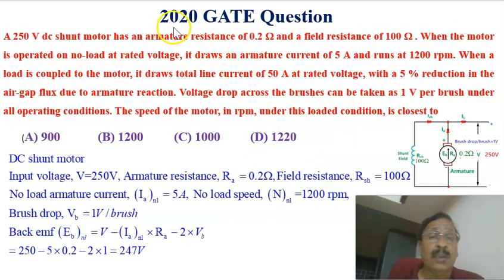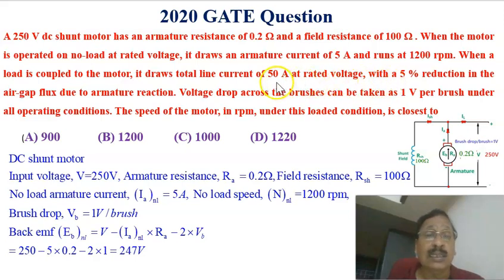Now let's see another problem, a 2020 GATE question. A 250 volt DC shunt motor has an armature resistance of 0.2 ohm and a field resistance of 100 ohm. When the motor is operated on no load at rated voltage, it draws an armature current of 5 amperes and runs at 1200 rpm. When a load is coupled to the motor,